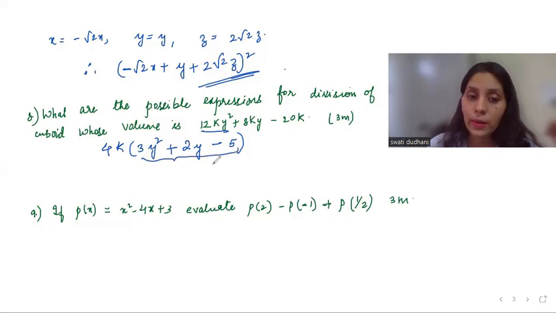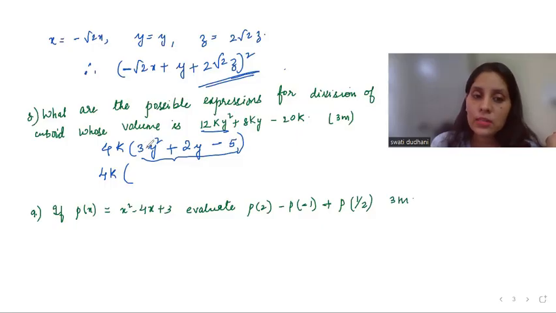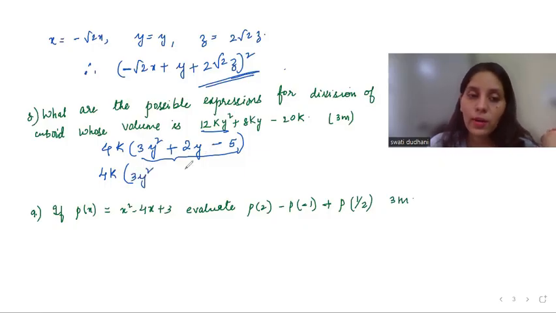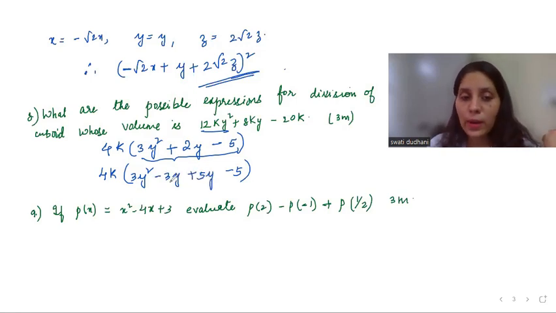simplify this bracket part by, I think, splitting the middle term. So let us see how we can do it. So how do we split the middle term? First term and last term product is 15y square. So you need to get 15, and the middle one you can split into 2. The 2 can be minus 3y plus 5y. So 5 minus 3 will give you plus 2.